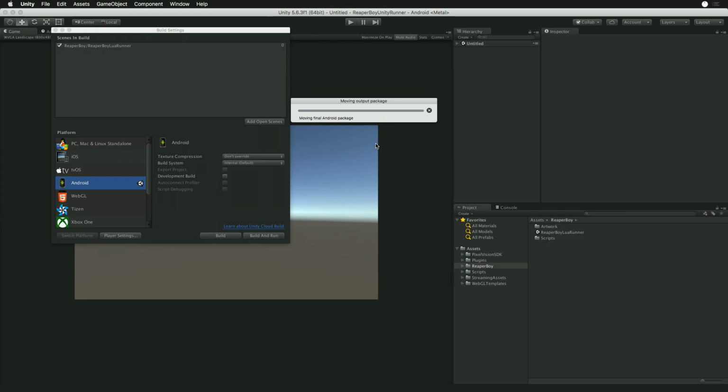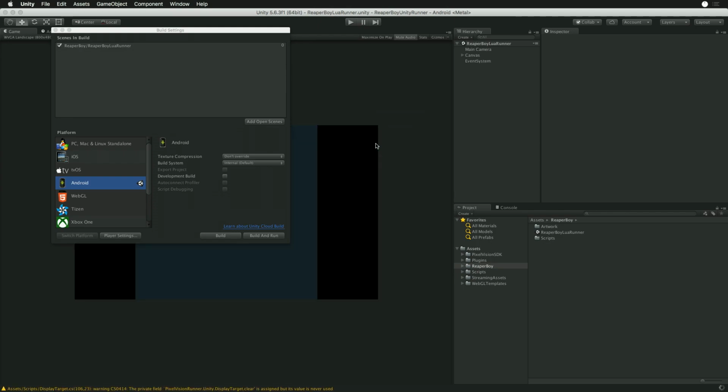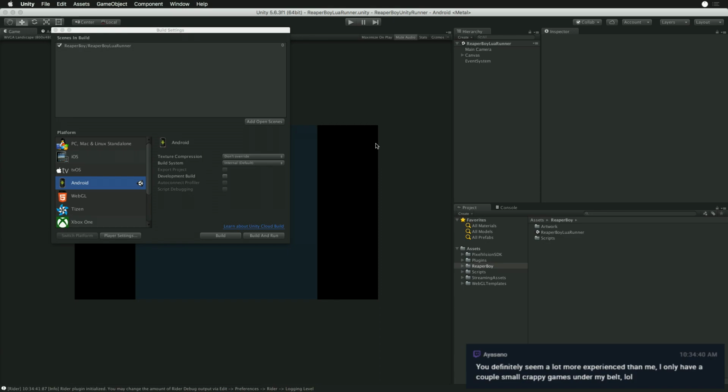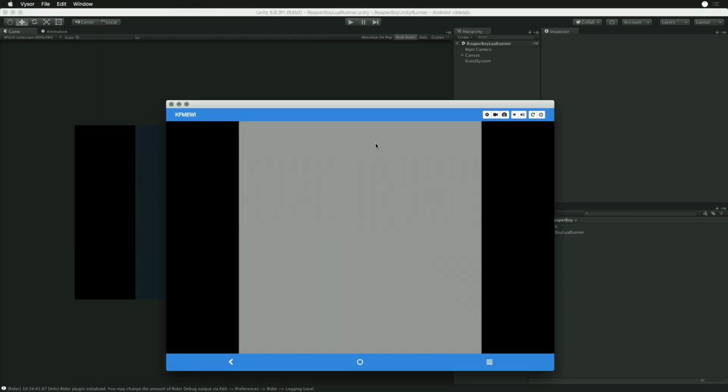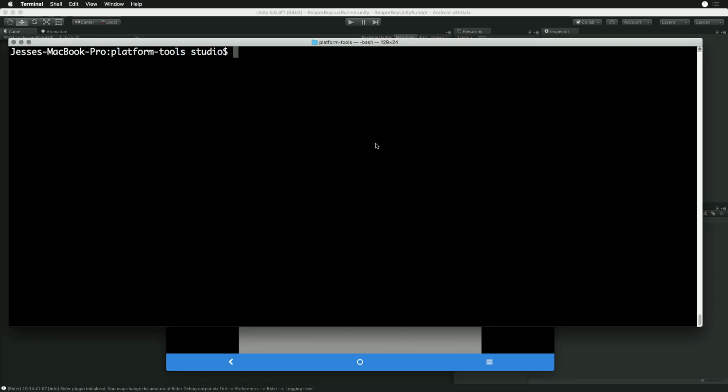Building target package from assets, deploying the player. All right, cool, it worked. So now it outputted it. So, all right, we now have this outputted. Let's go ahead and